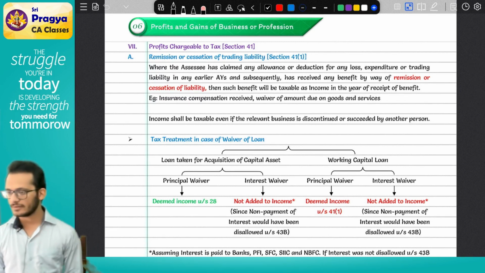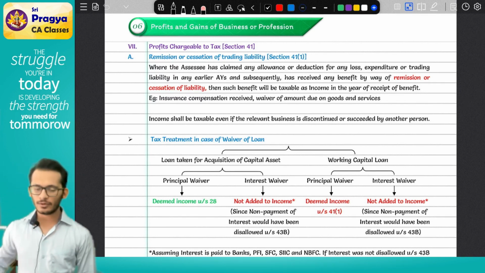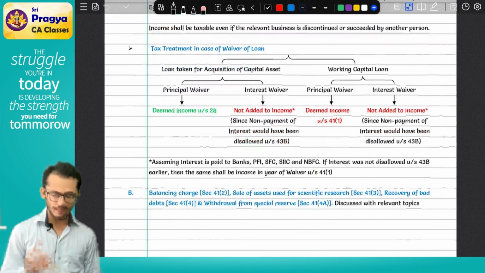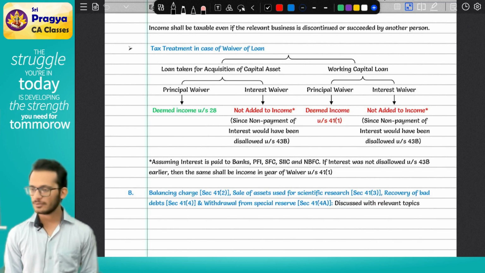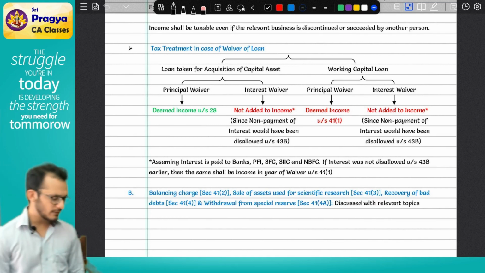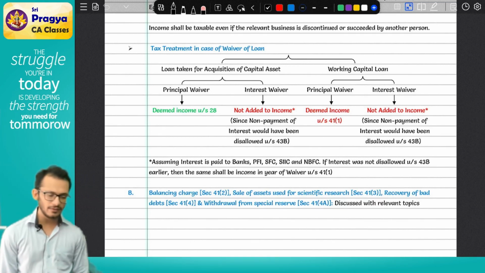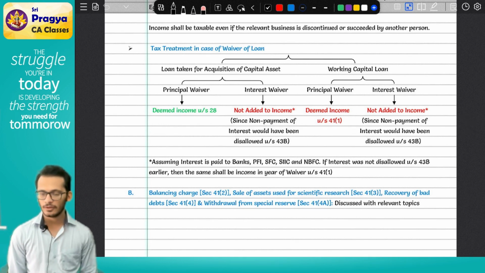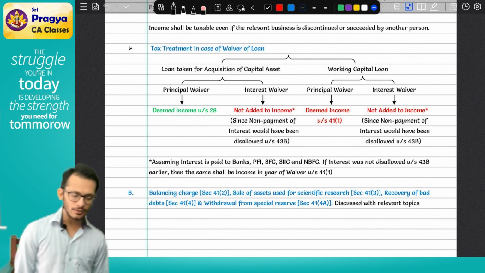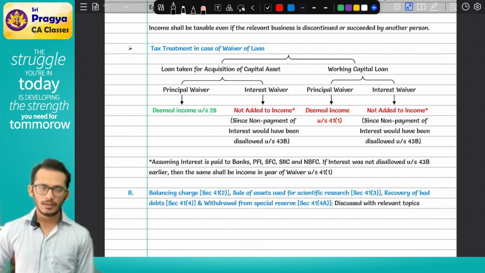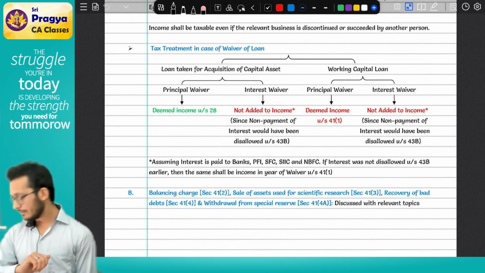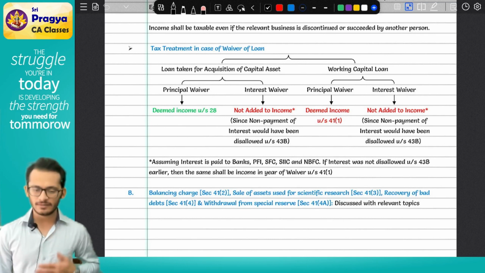So there's not much to discuss. The only thing I wanted you to note down and keep in mind is waiver of loans. We have discussed this waiver of loans also, but I just wanted to highlight it once again. Now, what is this waiver of loans, Rahul? If you give a loan to someone, and tomorrow you decide that you don't want the loan back, that is called waiver of loan. Now, in your hands, it will generally become taxable. But it depends on various